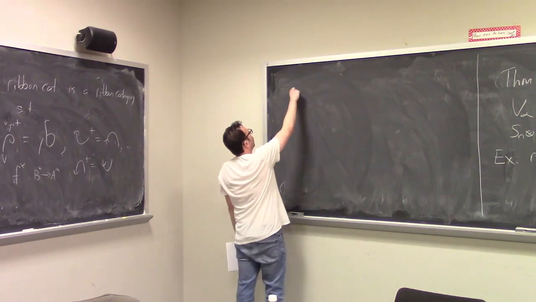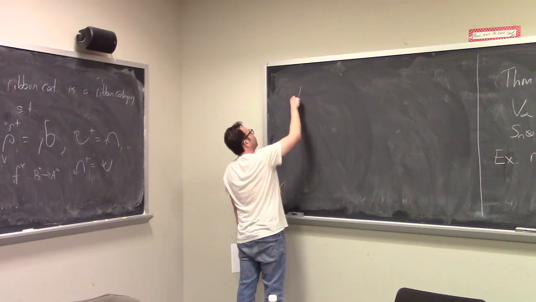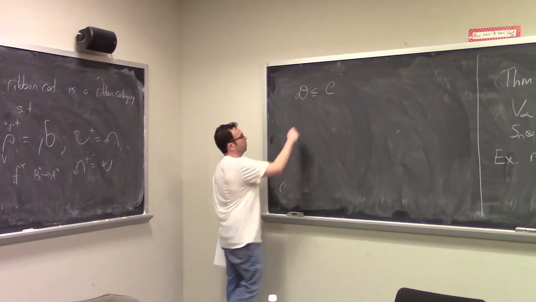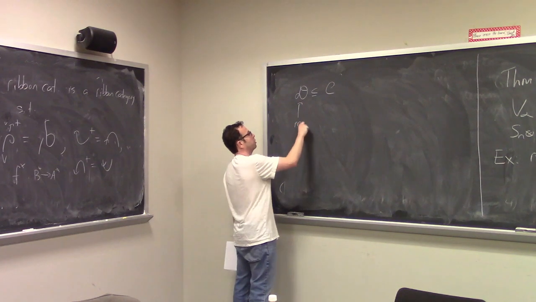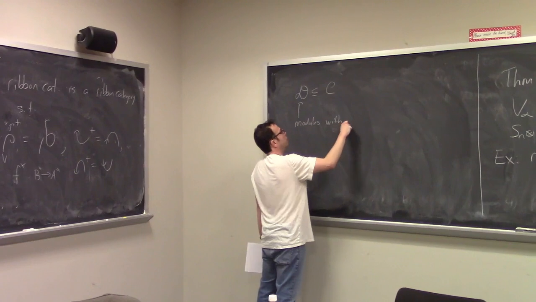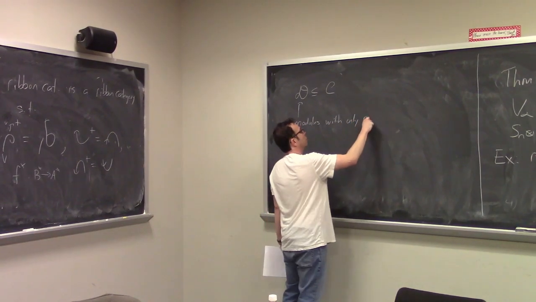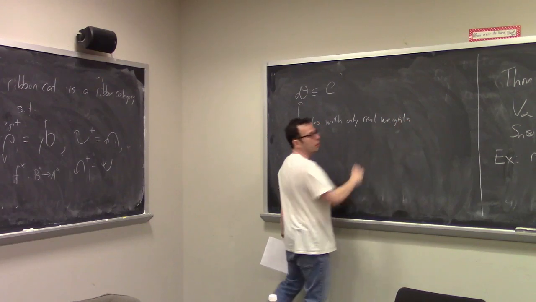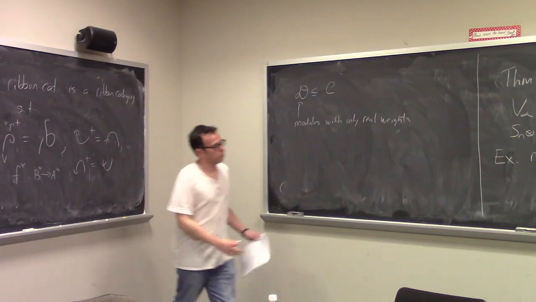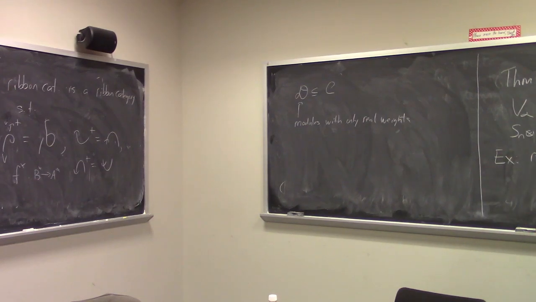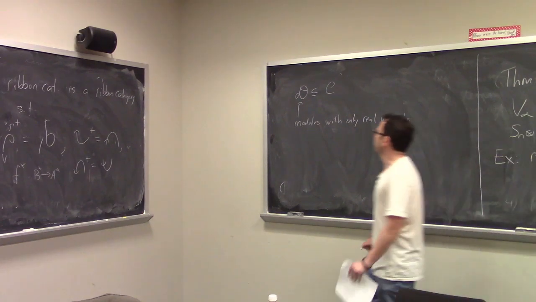I can't quite say that, but inside of this category C, we look at a category of modules with only real weights. We have to exclude the rest, so we're now focused on the real line, but even the real line is still very rich. Normally you just have these dots, but you have infinitely many objects on the real line. And so we look at this category,